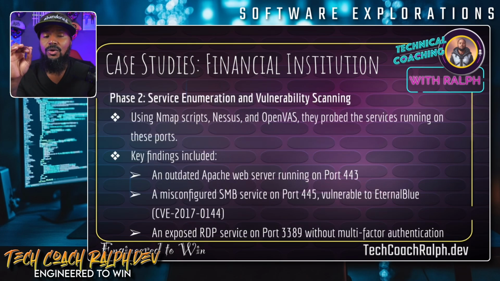So in phase 2, the service enumeration and vulnerability scanning, right? Using Nmap scripts, Nessus, and OpenVAS, they probed the services running on these ports. Key finding, so this is what they found: an outdated Apache web server running on port 443. Oh my God, not the Apache web server. Oh my goodness. A misconfigured SMB service on port 445, vulnerable to